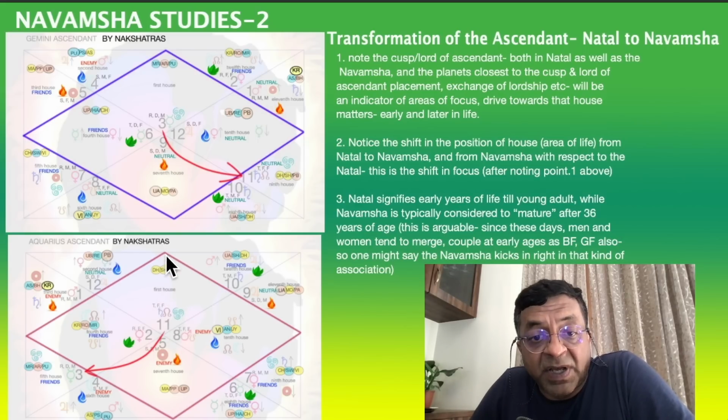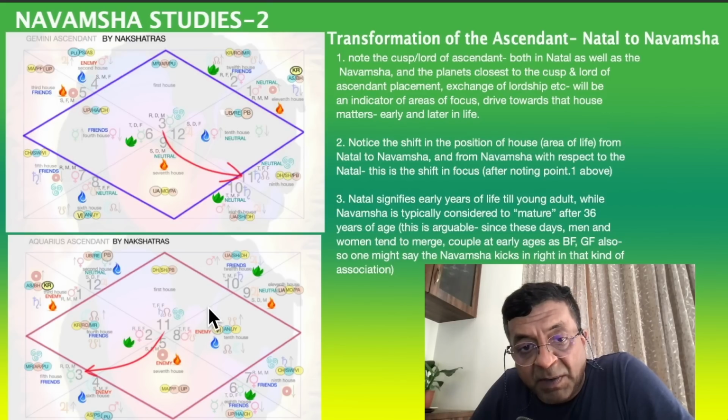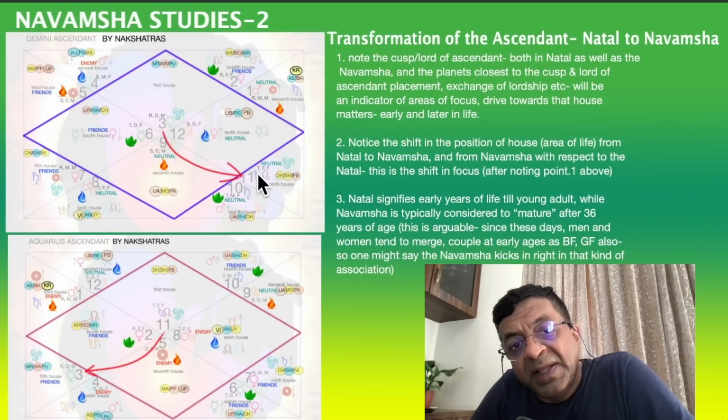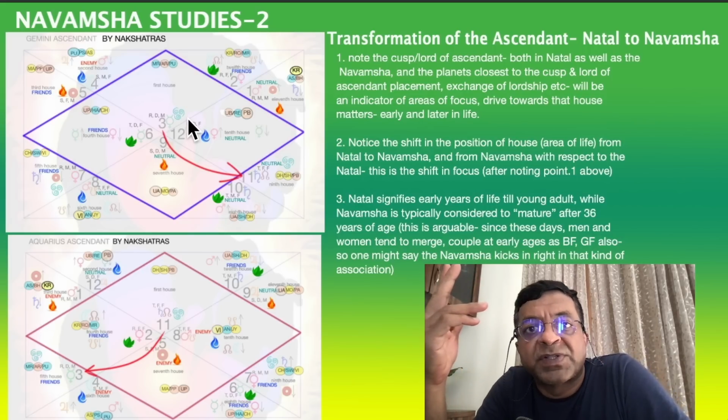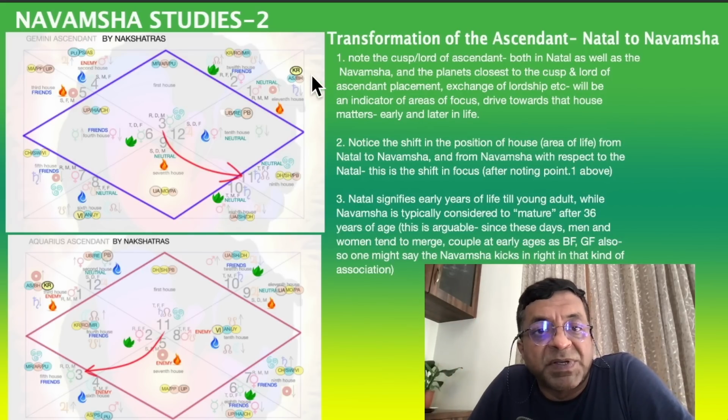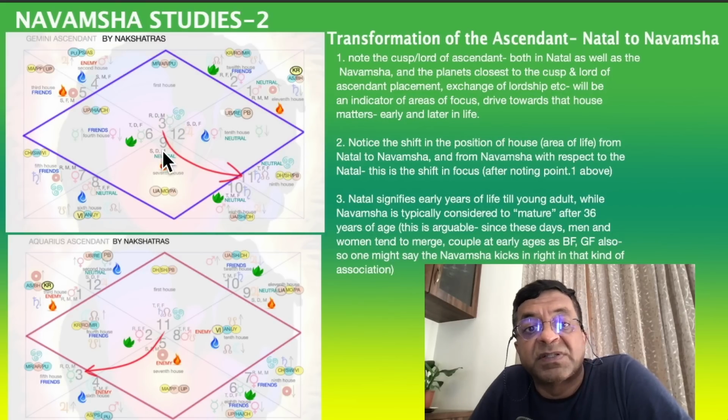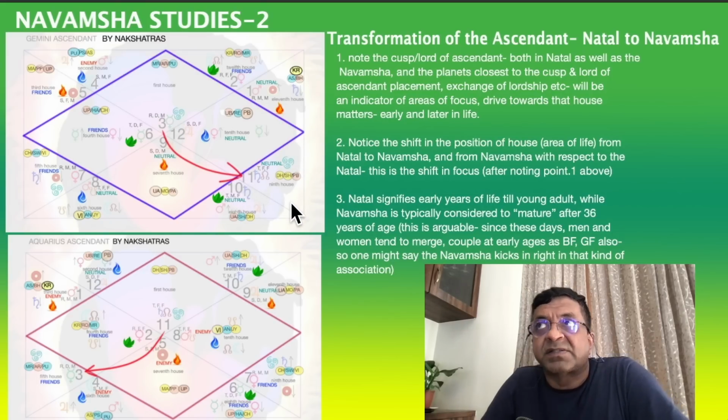And in Navamsha, the relationship between the ascendant and Gemini becomes 1 to 5, whereas in natal it was 1 to 9. So in the beginning, you might say that this person is slowly moving silently and in a hidden way towards Aquarius. It is a build-up. It is not an overnight process. It's a build-up. So this person is building up to become an Aquarius ascendant. That means the drive is that the 9th house matters. That means